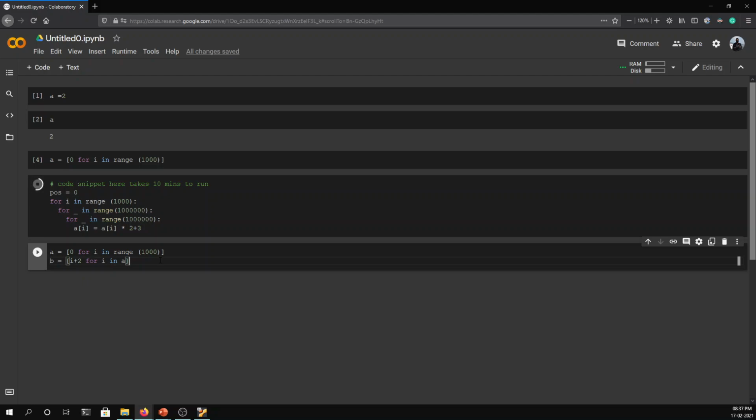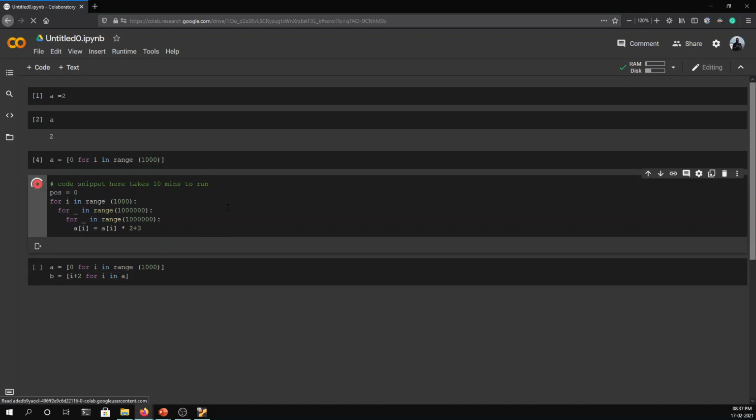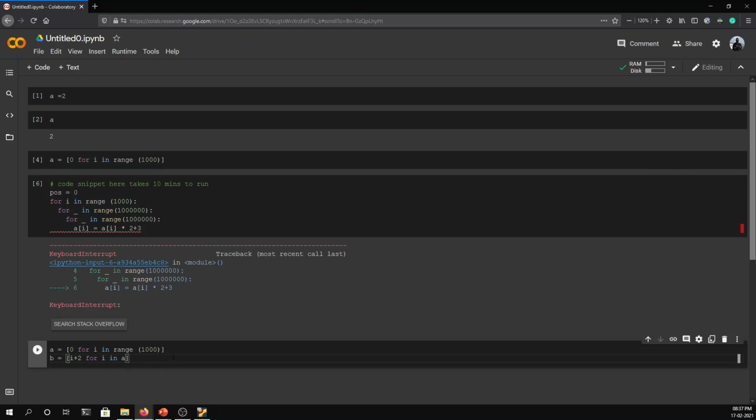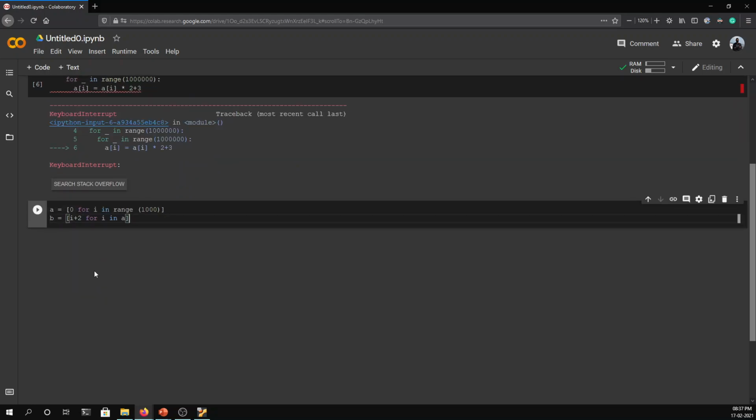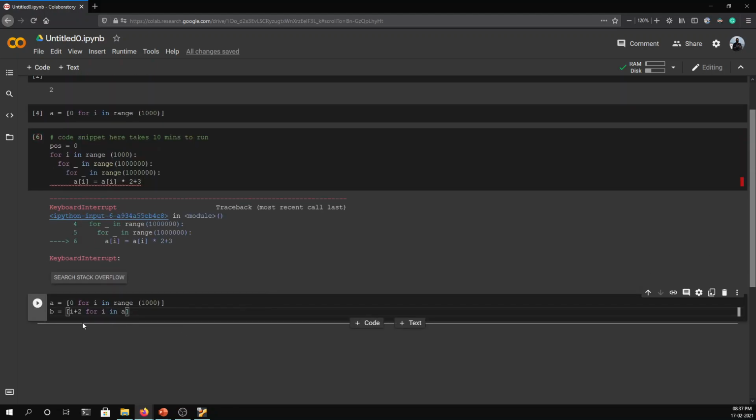But the thing is, let's say you want to change it. As you can see, this is still running. I'm just going to stop this for now. Let's assume this takes 10 minutes to run, and this will probably happen in a fraction of a second, maximum 1 second. And let's say you're like, I don't want to increment it by 2 now, I want to increment by 3. I do it by 3. So now what happens? You might have to run the entire thing again, because this will take 10 minutes and this will take, let's say, 1 second. So that's 11 seconds. But with a Python notebook, since this particular calculation is happening only once,